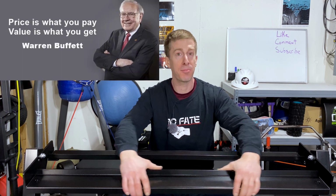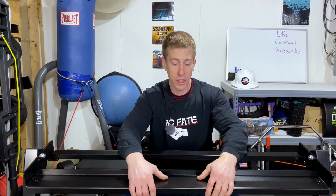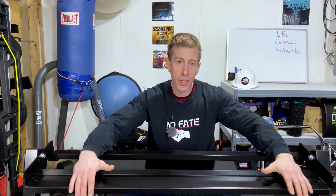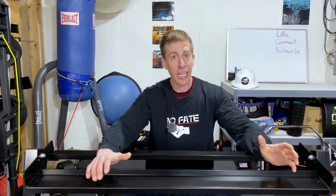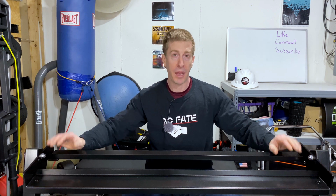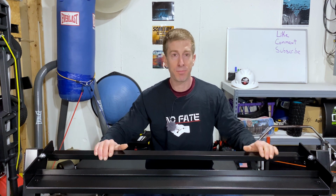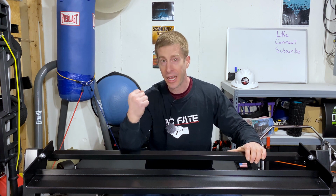First and foremost, this matte black finish is ridiculous. The camera's not doing it justice. It is smooth, it feels good on the hands, and frankly, it just screams long lasting. Also, there is not one sharp edge on this thing. Everything is absolutely rounded, so it's not going to damage your dumbbells or your hands when you go to put